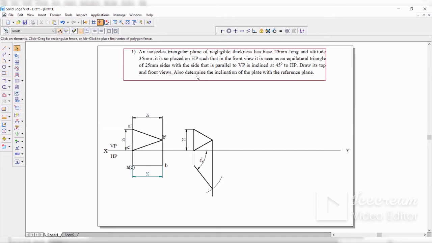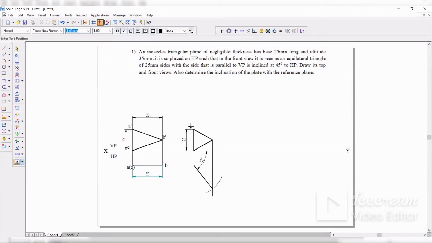So this is what the question says: determine the inclination of the plate with reference plane. So in the second position, instead of giving the angle, they've given the question like this. You are supposed to calculate the inclination. So the inclination is 52 degrees with the reference plane. Okay. Now let me do the naming now. This is A dash as it is. This is B dash. This is C dash. No change in that. Here as well. This is A, C. And here it is B. Okay. So the second question is over.